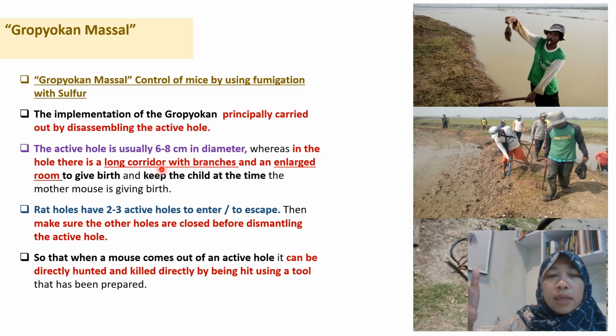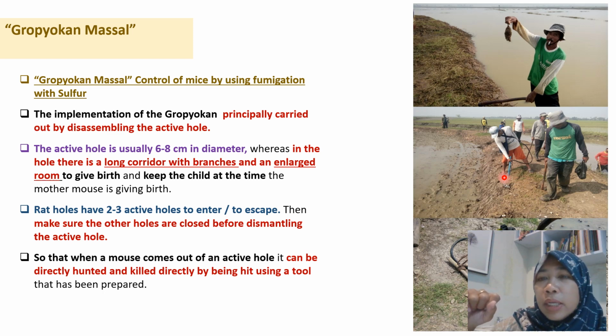In a nest, there is actually a long corridor with a lot of branches in the ground, and enlarged rooms to keep the children of the rat, to give birth and to keep the children. Rat holes actually have 2 or 3 active holes to enter and to escape. So one of the active holes is filled